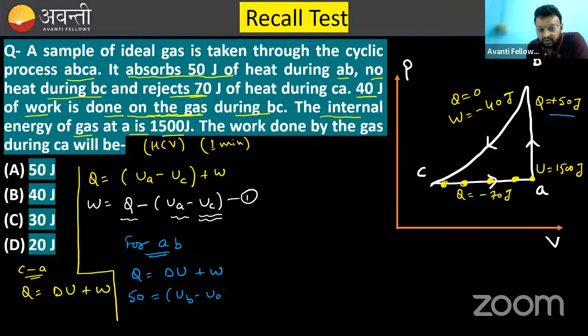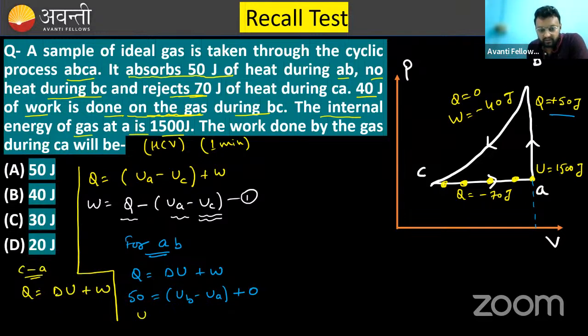UB minus UA plus W is what? W is the work done. And you can see that AB is the process in which volume remains constant. If volume is constant, that means that work done will be 0. So you can write it as